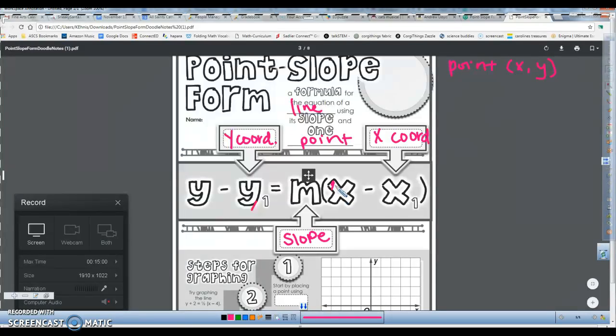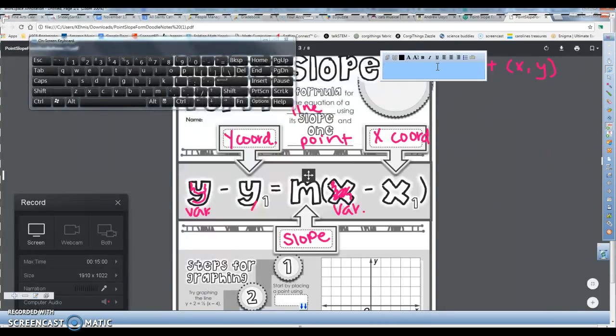And this x and this y are our variables, okay? They should be left as x and y. You're not plugging things in for those two, okay? There is one thing you're going to want to watch out for,